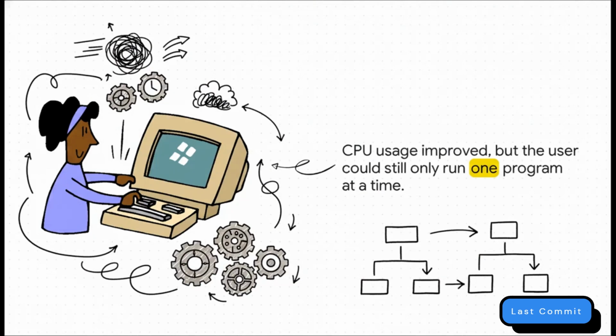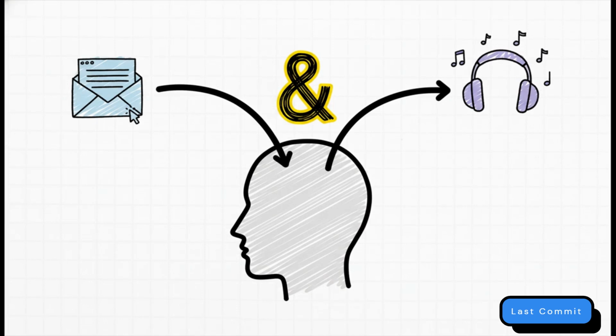Now, this was a massive leap forward for the computer's efficiency. But from the user's perspective, things hadn't really changed all that much. You were still just submitting one job at a time and waiting for it to finish. The computer was doing all this fancy juggling behind the scenes, but from where you were standing, you couldn't see any of it. Which, of course, brings us to how we use computers today. I mean, we never do just one thing at a time, do we? We totally expect our computers to keep up with our, let's be honest, pretty scattered brains, handling dozens of different tasks all at once.